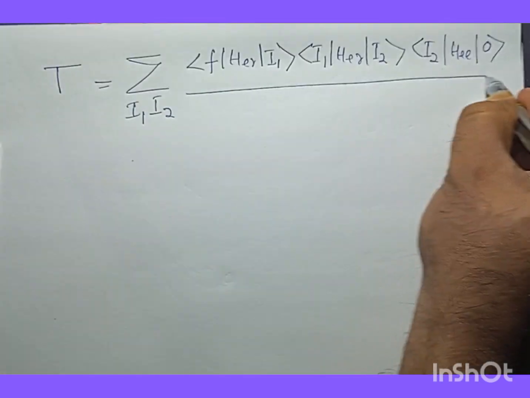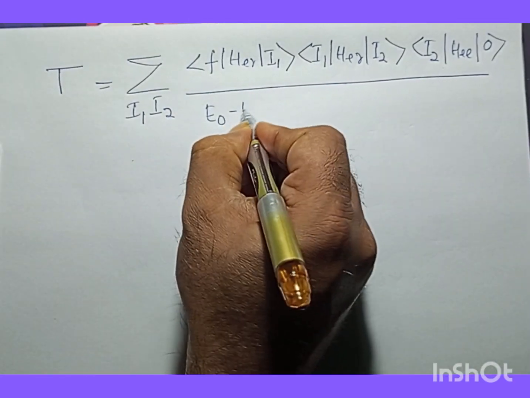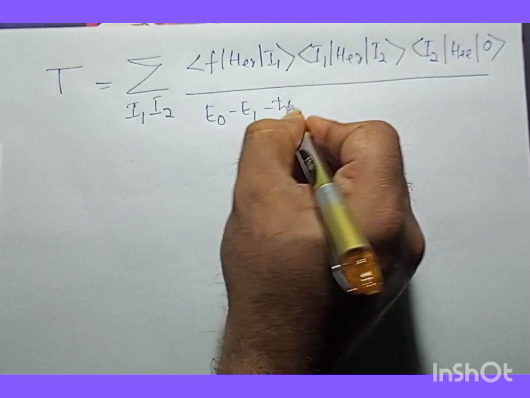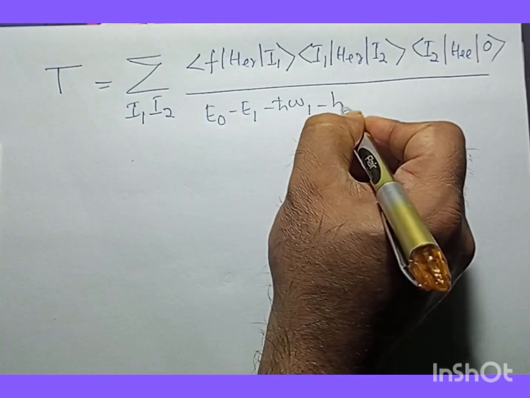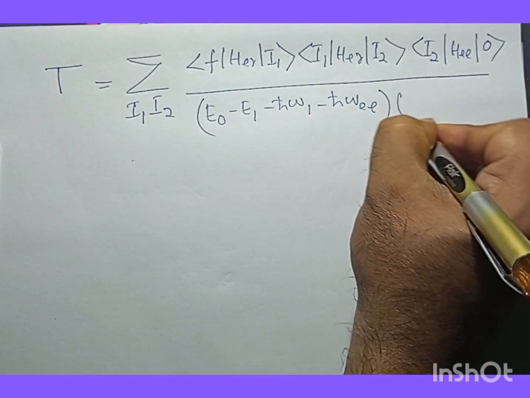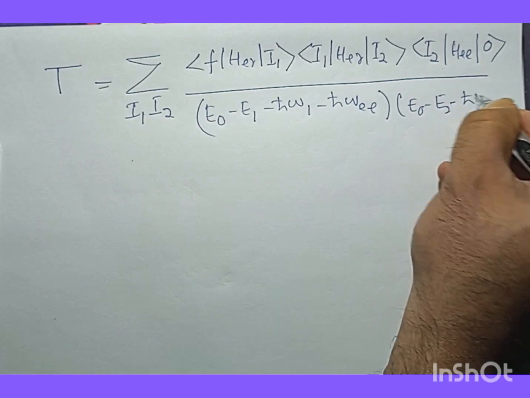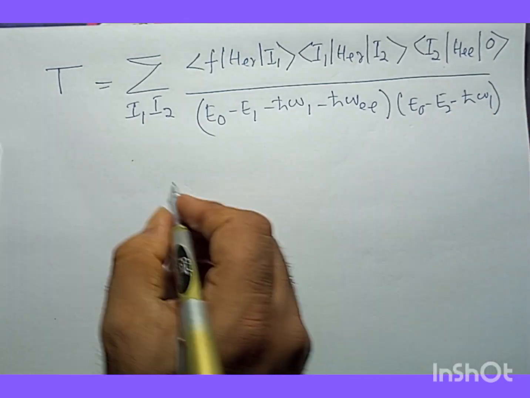This whole thing is divided by (E_0 minus E_1 minus ħω_1 minus ħω_EE) times (E_0 minus E_2 minus ħω_1). Then plus,